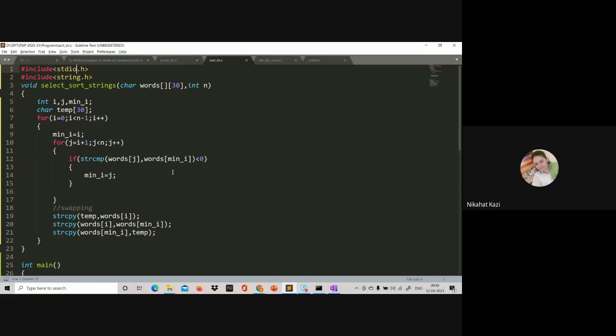Then it will return a negative number, right? If this is alphabetically smaller than this, then string compare will return a negative number. So if words of j is less than words of min I, then min I will be j. Okay, and once you do this,